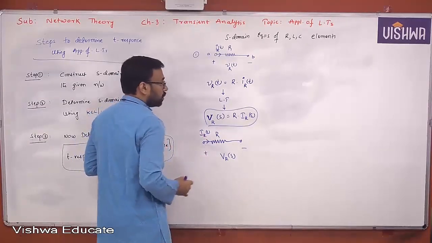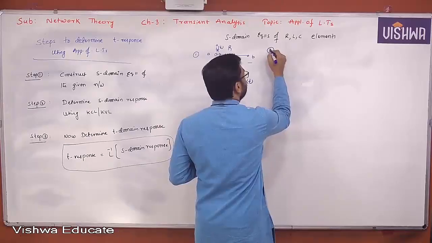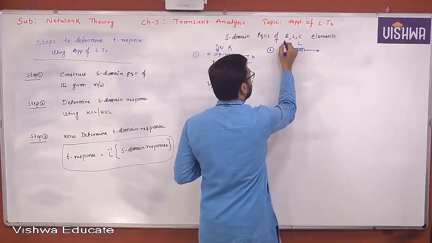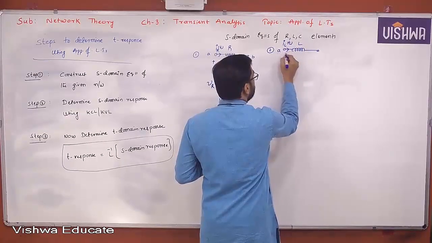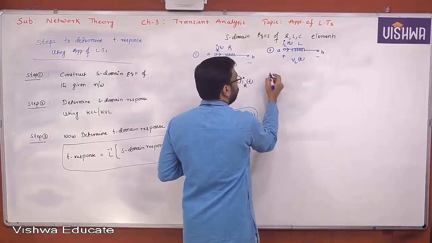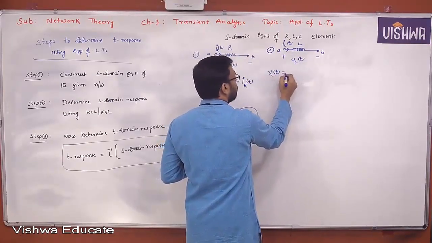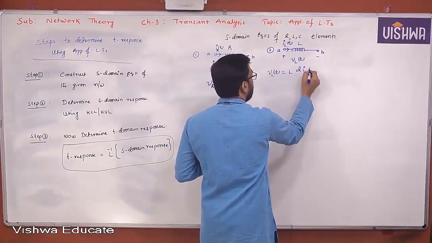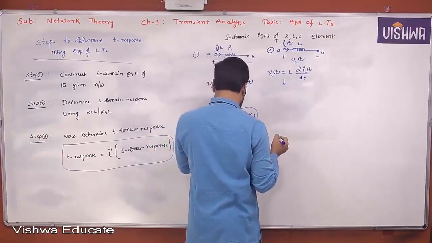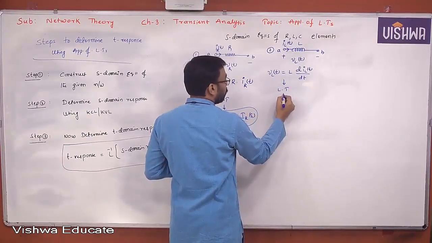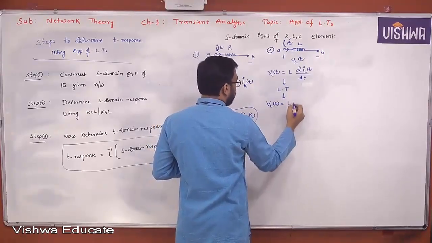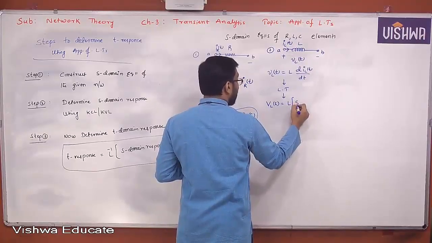Coming now to the second one, the inductor. All of you look at this, it's very, very important. IL of t flows from A to B, with voltage plus minus VL of t. VL of t, you know from Ohm's law, is L into dIL of t by dt. Applying Laplace transformation to it, what do you get? VL of S is equal to L into the transform of the derivative, which is nothing but S into IL of S